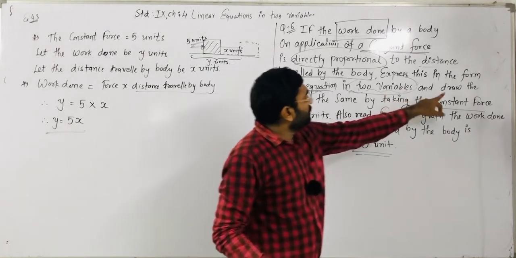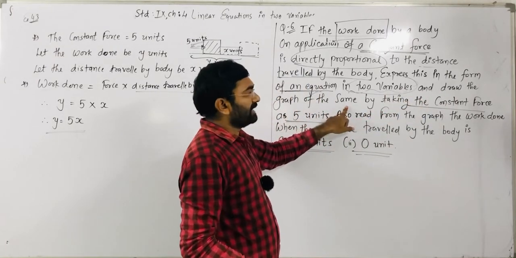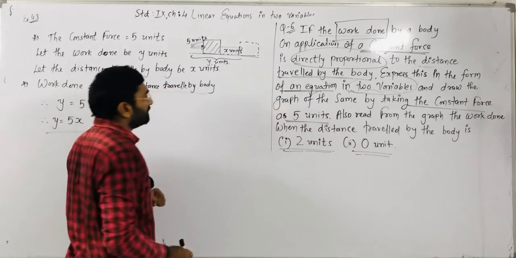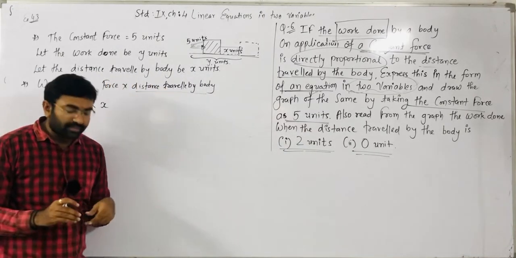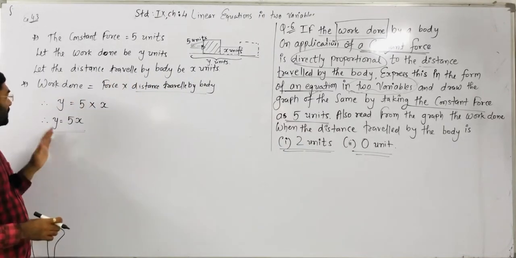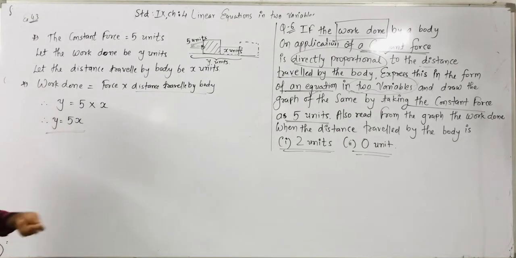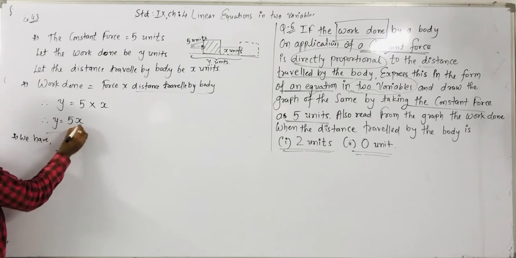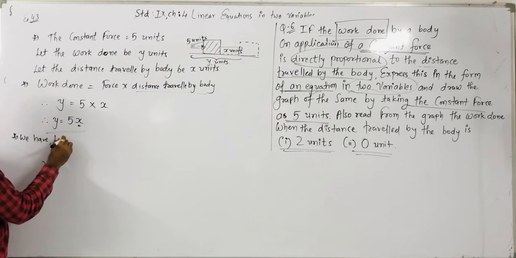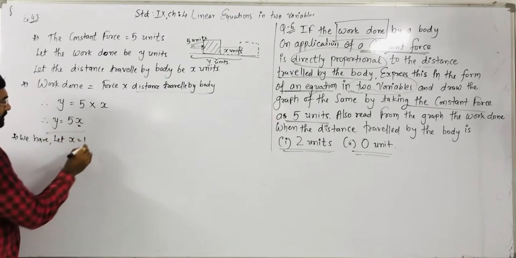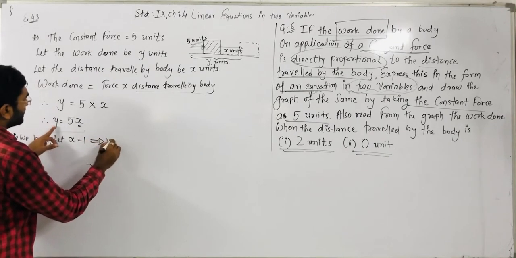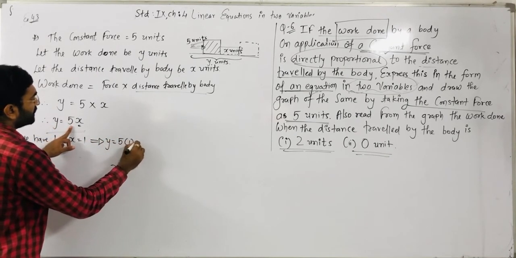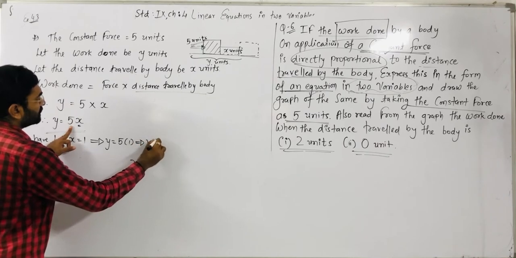And they said draw the graph for the same data. Right? So we have to draw the graph, and as in our previous period, we defined from the linear equation in two variables how we have to draw the graph. Okay, so here what do we have to take? We have to take different values of x. Suppose let x is equal to 1. Then we put the x value as 1. So what y value do we get? y is equal to 5.